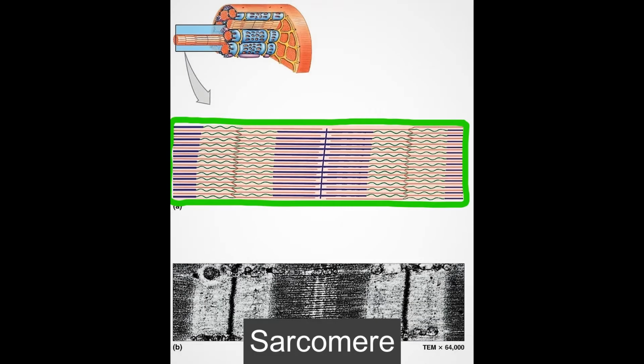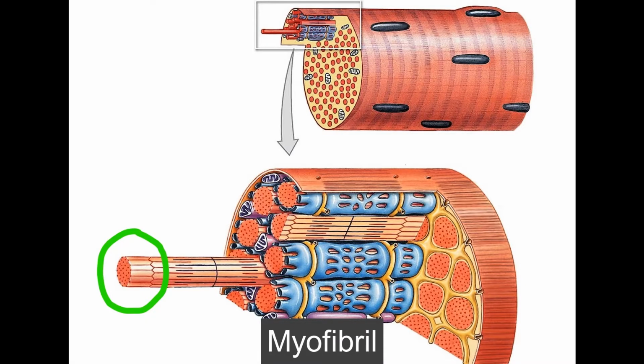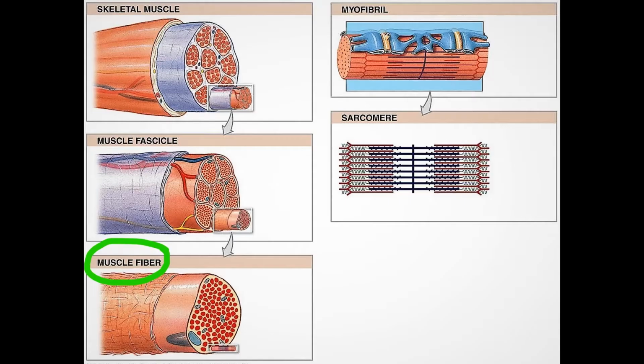Okay, so in this video I'm going to go over the sarcomere. In order for us to do that, we've got to know where it comes from. The sarcomere is going to be within a myofibril, and the myofibril is going to be within a muscle cell. So if we look at the muscle cell from the lowest magnification to the highest magnification, we'll look at